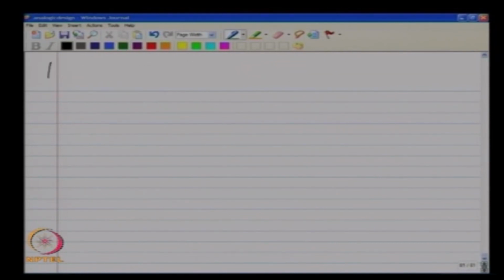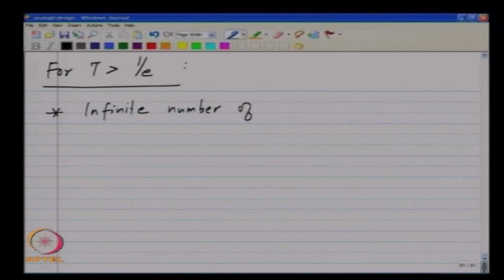To summarize, for tau greater than 1 by e, for which we could not find the points of intersection from the earlier method, we had to admit a complex solution sigma prime plus j omega prime. First of all, there are an infinite number of solutions. Okay. You have sigma 1 prime, sigma 2 prime and so on, the list never ends, and similarly omega 1 prime, omega 2 prime and so on, and the list never ends. So, if you have an infinite number of solutions, what is the final form of V naught as a function of time? It will be